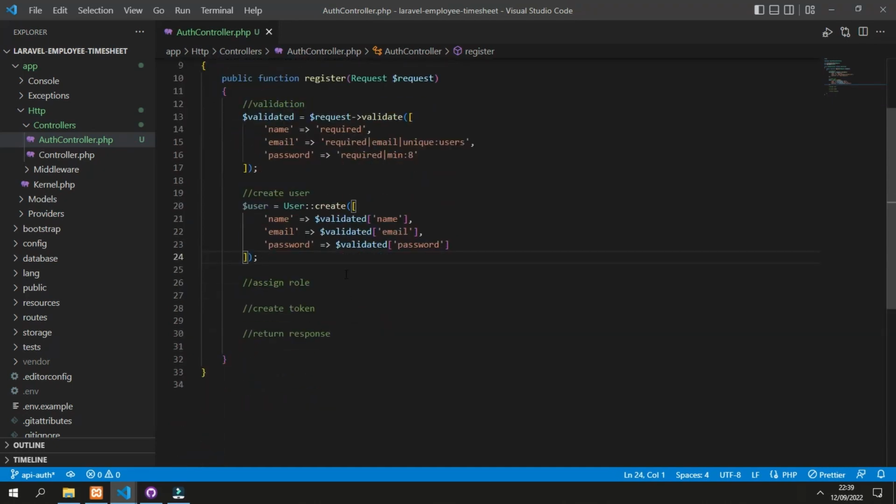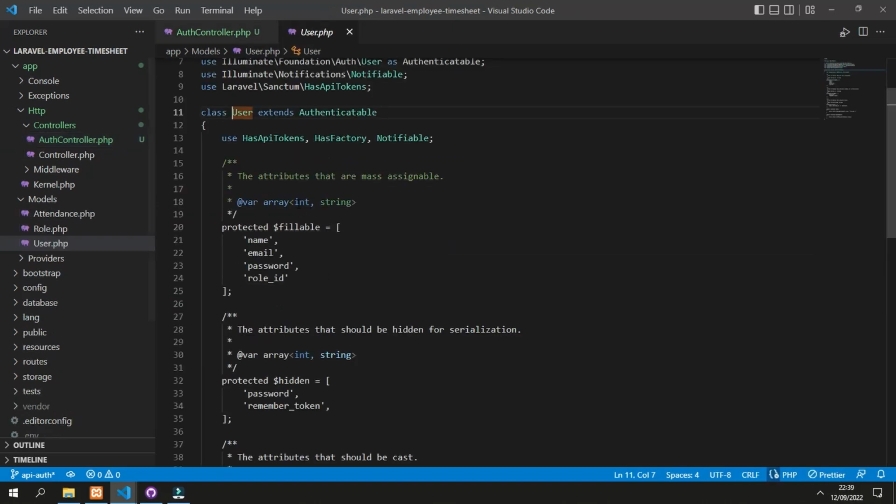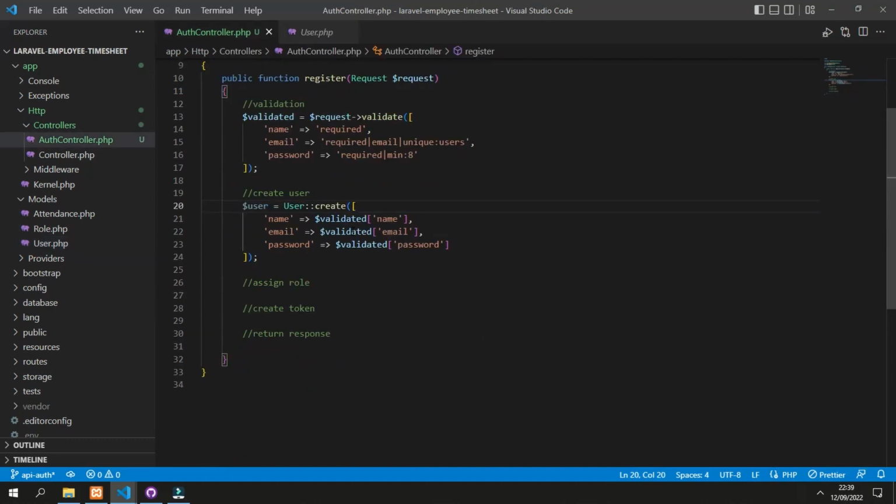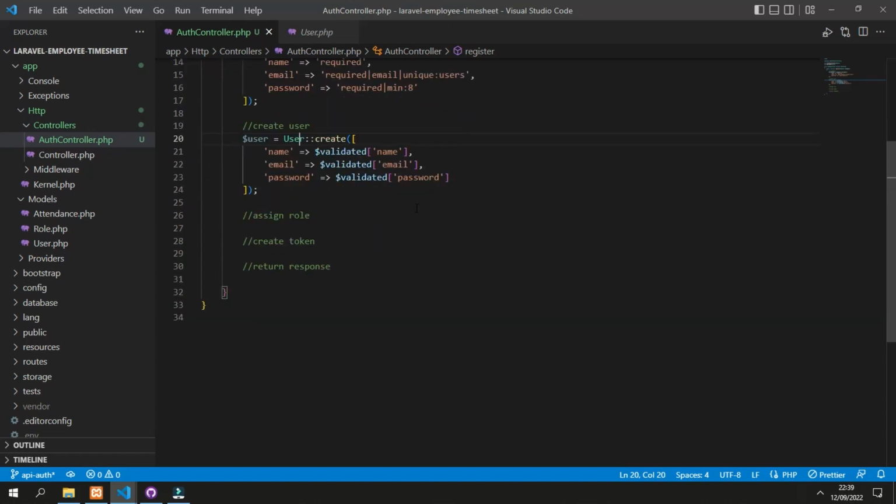After the user is created in this object, the next step is assigning roles, because in the user class we still have an available field, which is the role ID. It is nullable, so it's okay if we are not filling it right away.